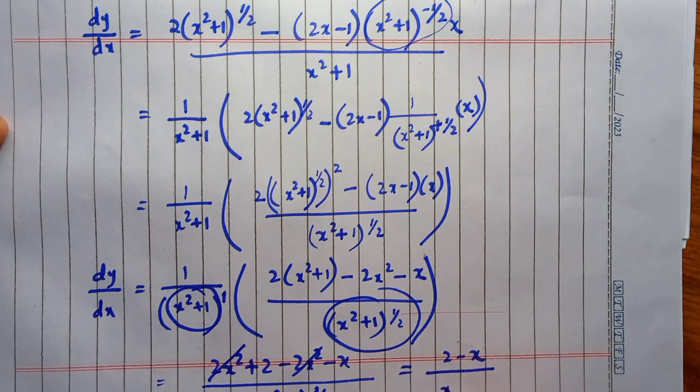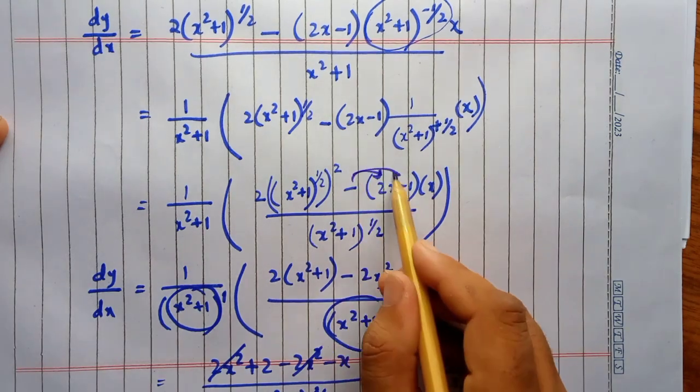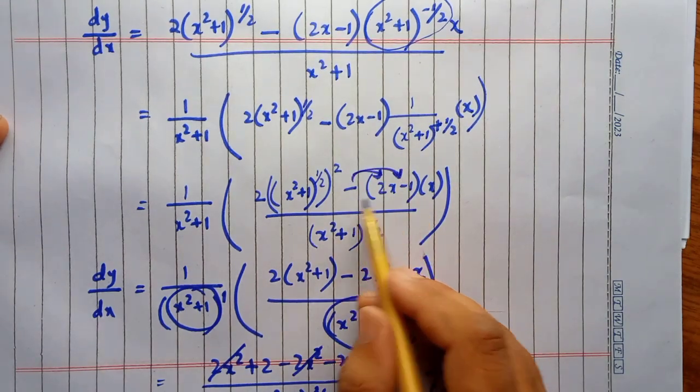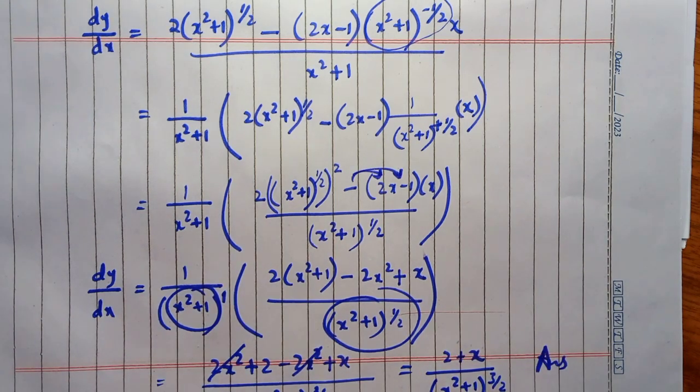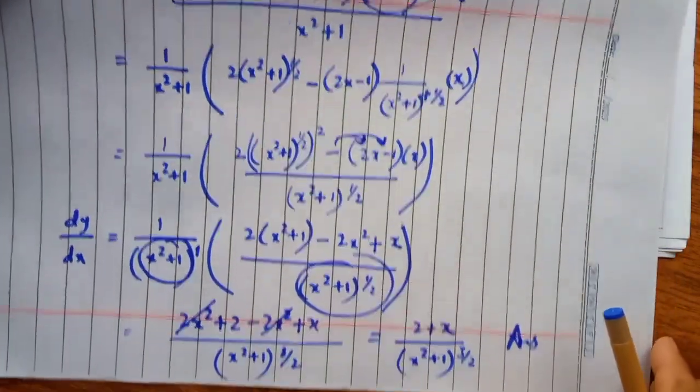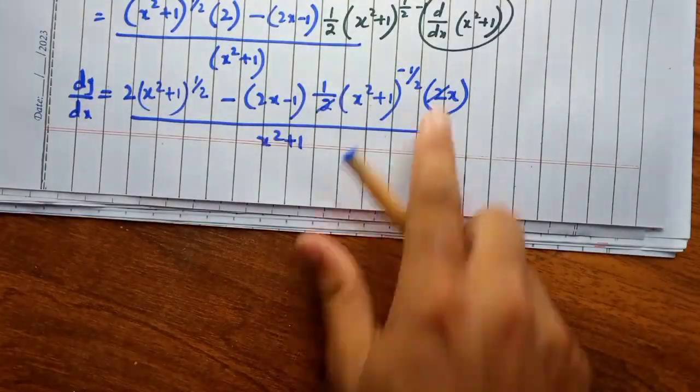and x square plus 1 raised to the power 3 over 2. So this minus will be applied, we will apply this minus 1 minus 2x, so this expression will be positive. So this is positive x, and this is the final answer of question number 11. So after question number 11 we will do question number